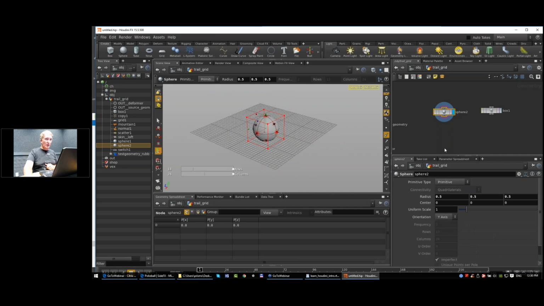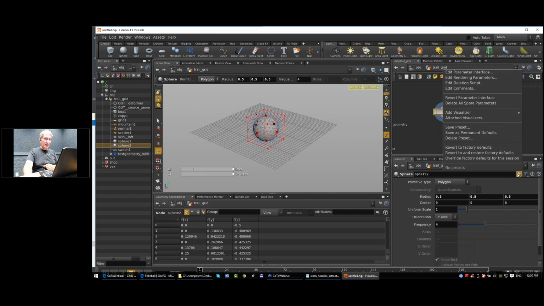And let's say you never want a primitive sphere. You always want to have, let's say, a polygon sphere, and that polygon sphere you want to have a frequency of 4. You can actually say to this sphere, I want this to be my permanent default. I don't like the way Houdini ships the sphere, and that's fine, because you can go on the sphere itself, and by pressing on the sphere in its parameters, you can go to the gear. And you can say,